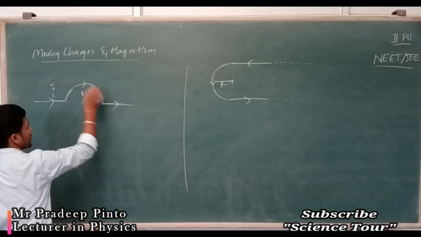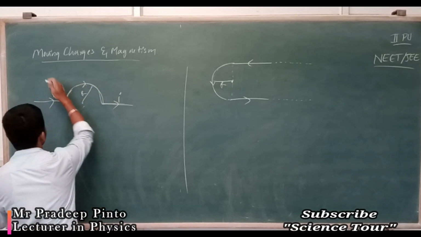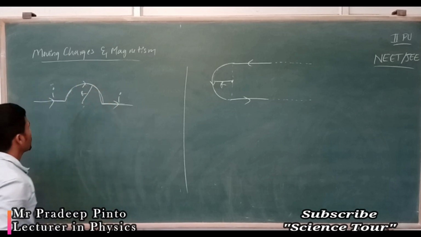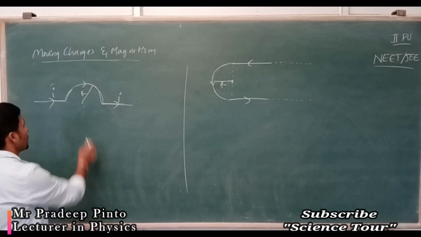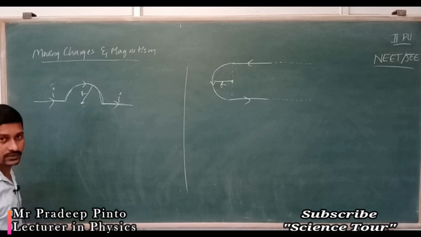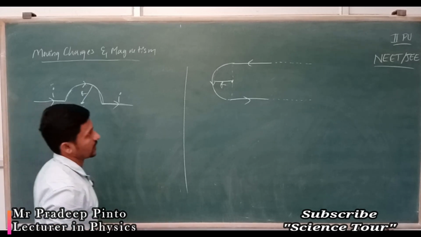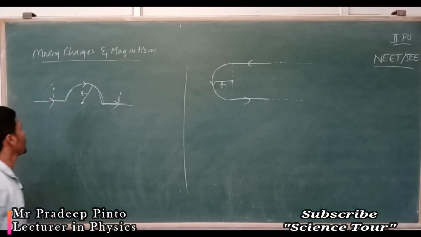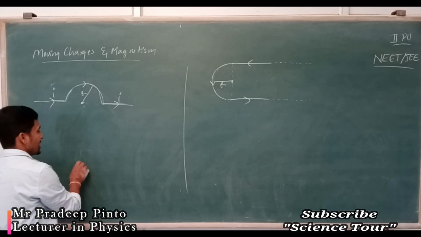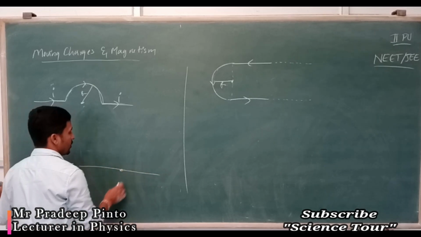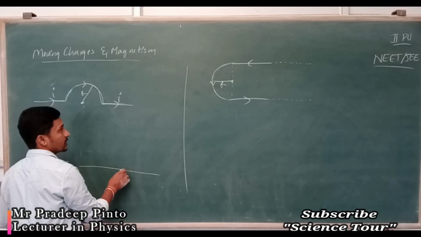Now the current I is going to flow in this way, right? So you have to find out the magnetic field at the point P. That is the question. Okay, now what else can we do? Now we know that along the line there is no magnetic field. On the conductor you are not going to feel any magnetic field.